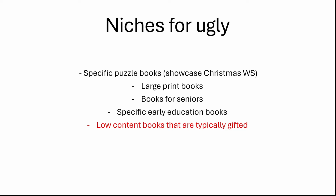And then we have what I've put in red, low content books that are typically gifted. So we're talking things that are going to sell during Valentine's Day, Mother's Day, Father's Day, Christmas, and seasonal events like that. I put it in red because I just don't do it. I don't like doing it. I've had some success with this, but the amount of books that I had to publish was much more than I feel comfortable doing. So I don't necessarily recommend low content books,